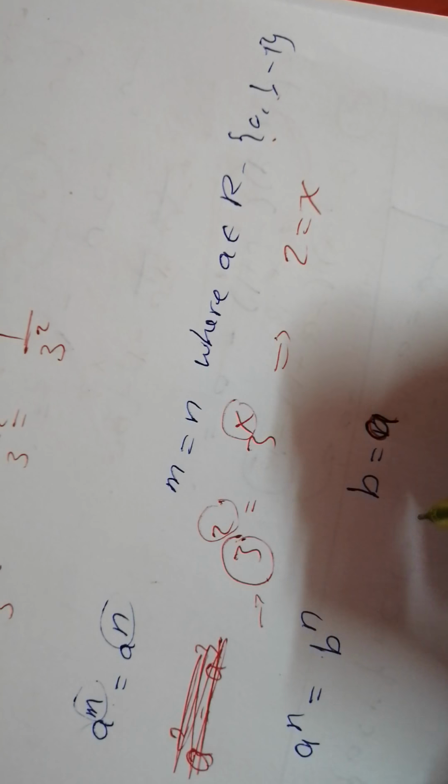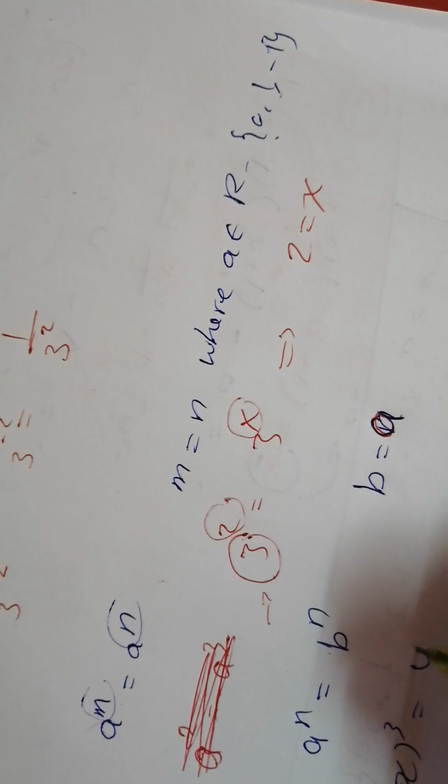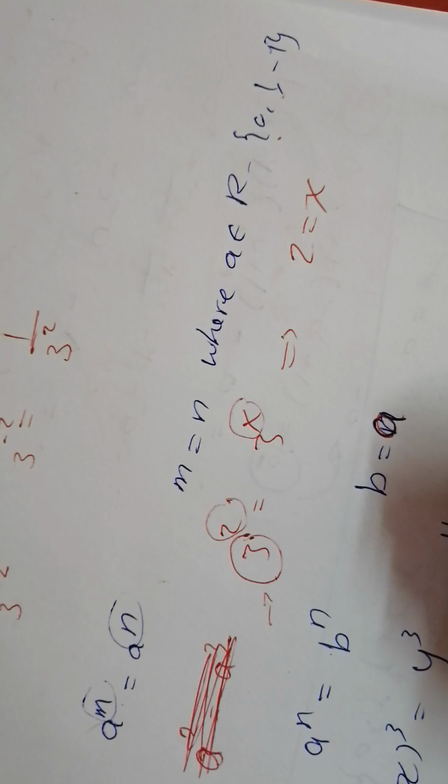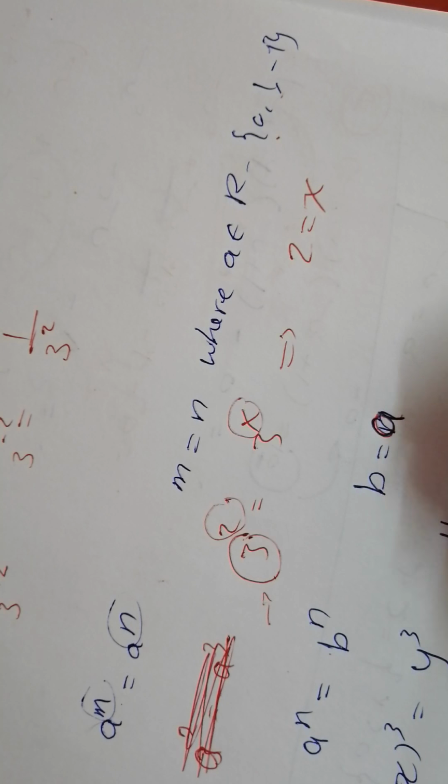For example, if we have x power 3 equal y power 3, then x equals y. So we can say b equals a where n belongs to 1, 3, 5, 7, which are odd numbers,